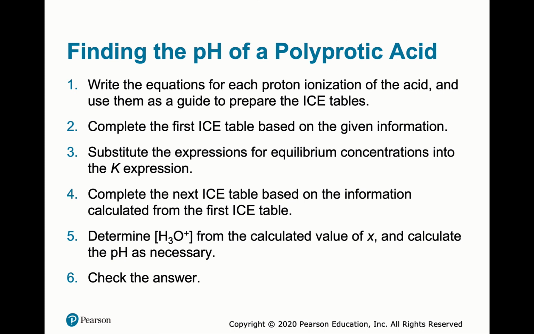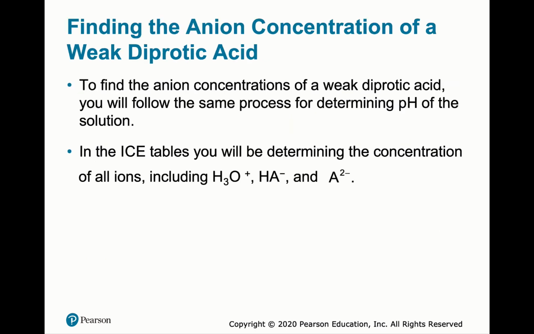So to find the pH of a polyprotic acid, write the ionization of the acid and prepare the initial, change, equilibrium ICE tables. Then put in the values, show the shift and include that, and then work out the amount of hydronium from the different reactions. And like I said, what you'll find is that everything except sulfuric, it's only the first one. So it's the same idea solving these as you've seen with the monoprotic acids.